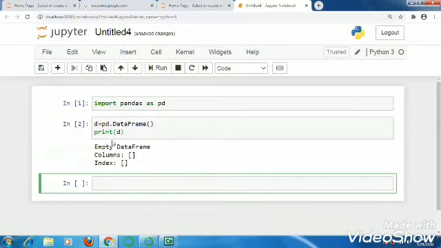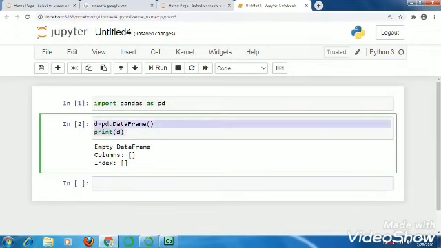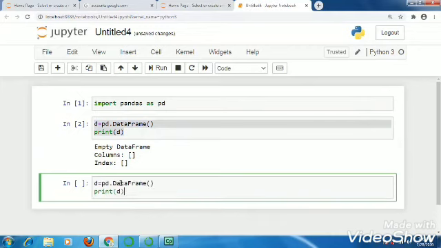Now create the second one. Suppose I am going to create this data frame using a list. So I provide a list 1, 2, 3, 4, 5, 6. Alright, shift and enter.